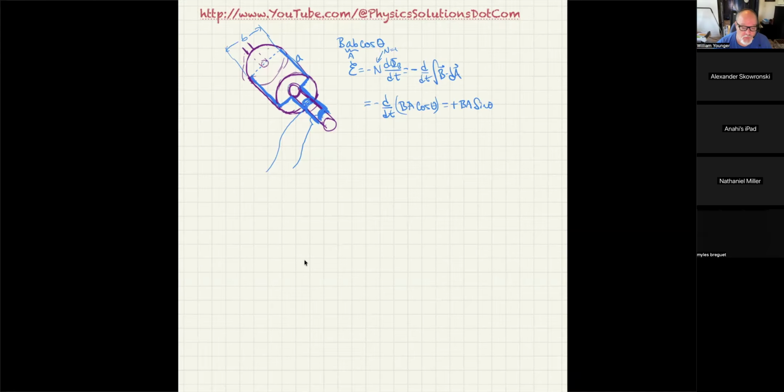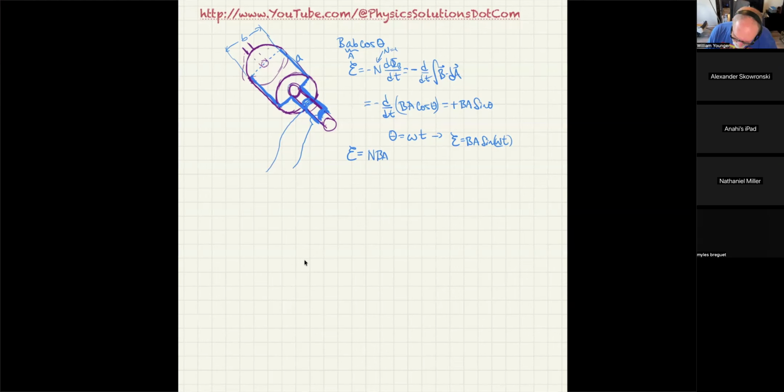Now, if we assume theta changes at a specific rate, we could say theta is equal to some angular speed times time. Then we would have the induced EMF is actually B times A times the sine of omega t, like that. And that's actually the formula we're going to use. If you wanted to go a little further, you could also say that E, the induced EMF, is equal to N times B times A times